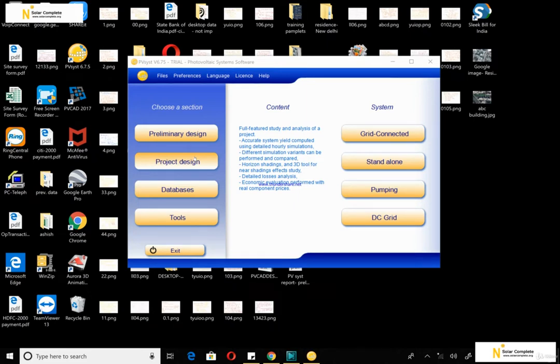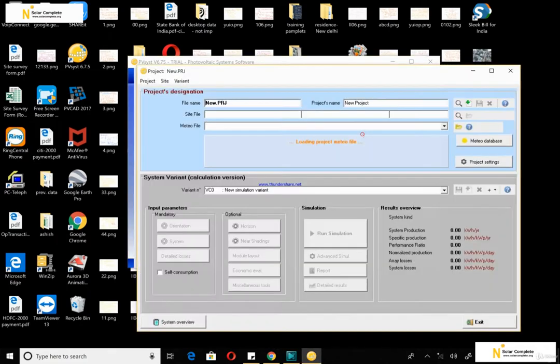So today we're going to see the project design section. When you click it, you can generate technical reports of grid connected power plants, stand-alone power plants, pumping solar water pumps, or DC grid systems, okay. So we're going to see them one by one. First of all, we're going to start with the grid connected solar power plant, okay. So click on it, and then